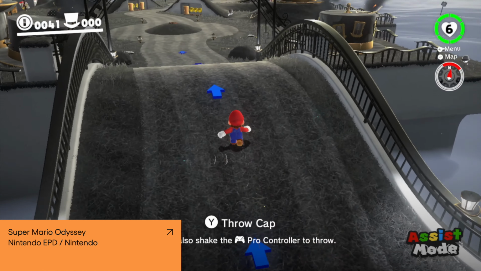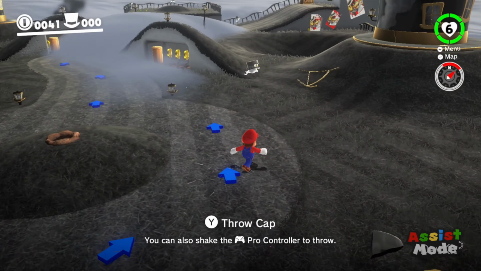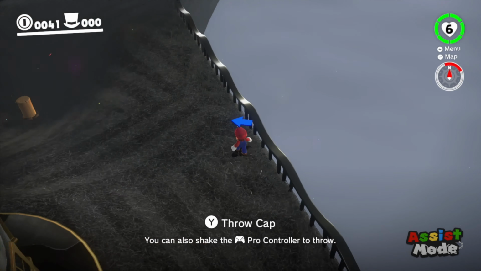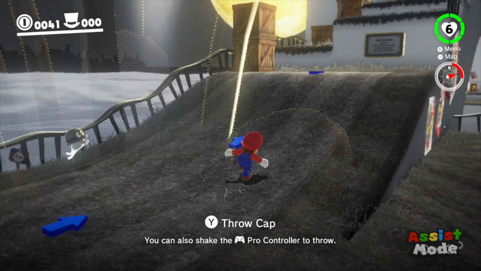With the assist mode enabled in Super Mario Odyssey, a constant path of arrows will now travel from the player's starting location in a level to the next objective. If the player strays from the path, an arrow will appear above them that points back to the path.